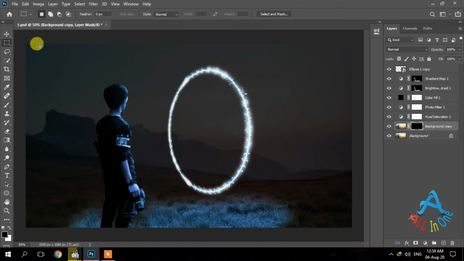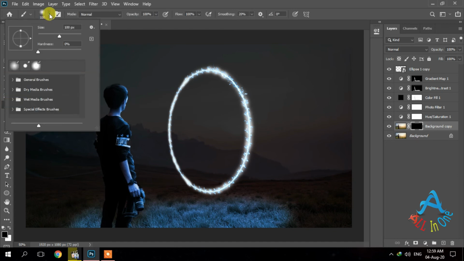Select the brush tool again, with 300 pixels and hardness to 50%.